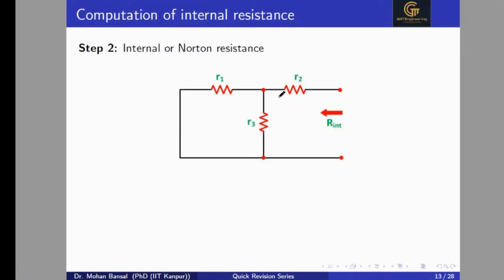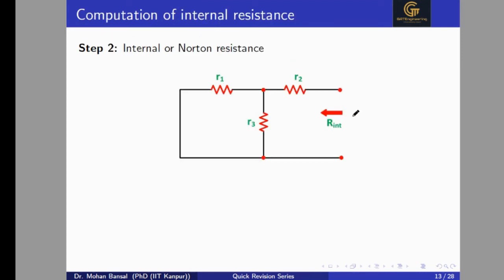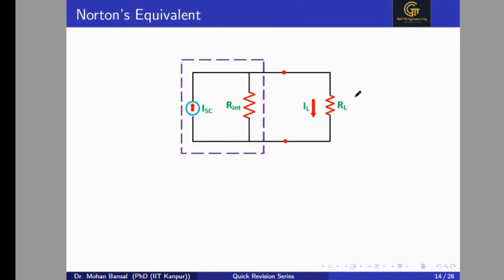Now we will compute the Thevenin's resistance or Norton's resistance. In the circuit, we have one voltage source that will be short circuited, because we are going to deactivate it for computation of the Thevenin's resistance. So we will remove the load resistance and open the terminal, short circuit the voltage source, and find out the internal resistance, or Thevenin's resistance, or Norton's resistance. This Norton's resistance will be nothing but R1 parallel R3, plus R2. And we can replace the entire network with ISC and RN, and connect the load back. This is the procedure for calculation of the Norton circuit.